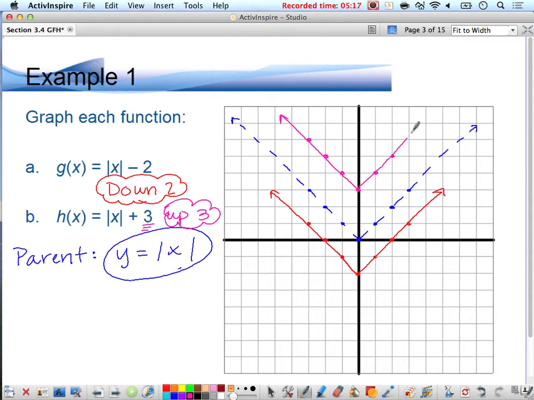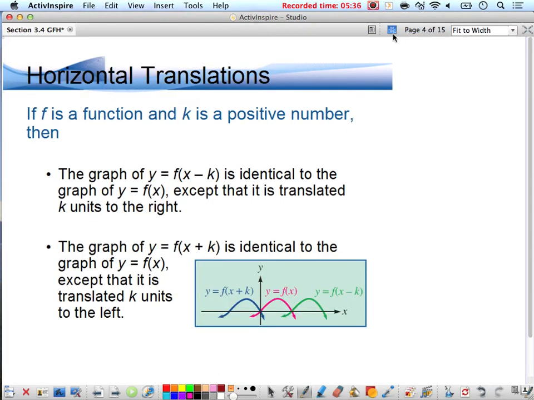So there is y equals the absolute value of x plus 3. You can see how those two compare to their parent. So for now, let's just say that we'll graph the parents dotted and the other guys, the translated graphs, we'll graph them solid and in different colors. Once you have a graph of vertical translations and how they affect the graph, now we need to talk about